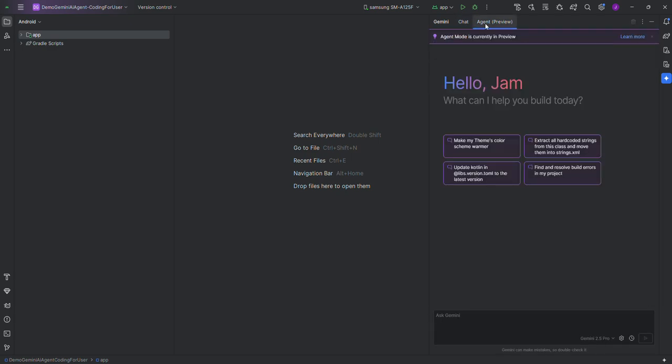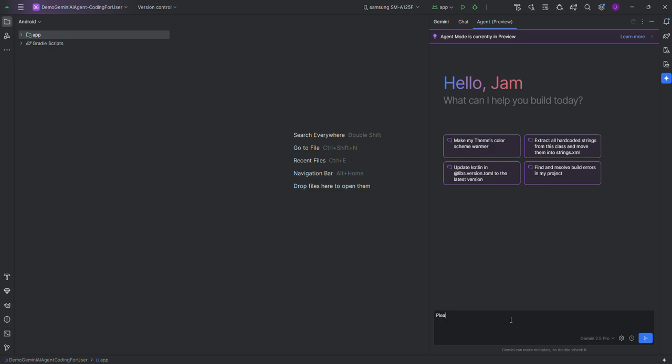You have to be in the agent preview because this is a preview or trial version by Google. So you should be in this tab, and you could choose the default model or choose an available Gemini model. I choose here Gemini 2.5 Pro,